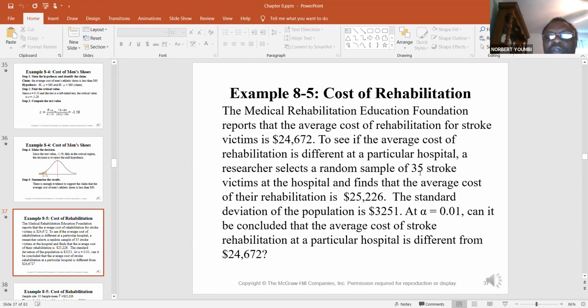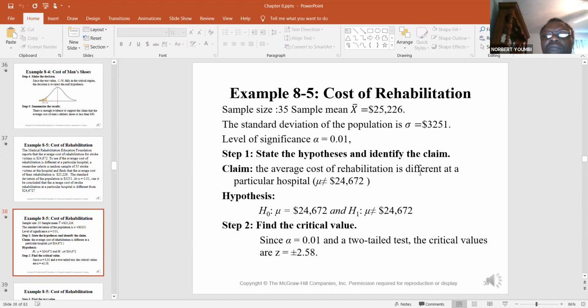24,670? So if you have a TI-83, you can enter this and then use the Z-test because sigma is known. Otherwise, you will have to use a calculator. We state the hypothesis. The claim here is mu is different from 24,672. With alpha equal to 0.01,